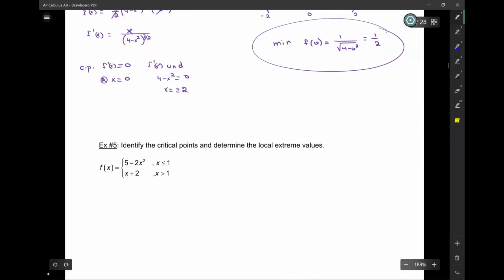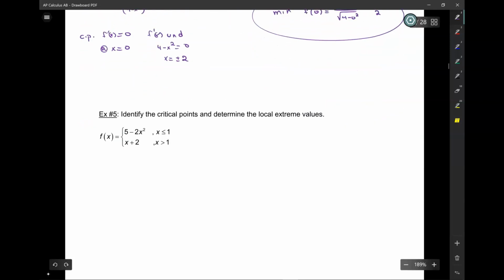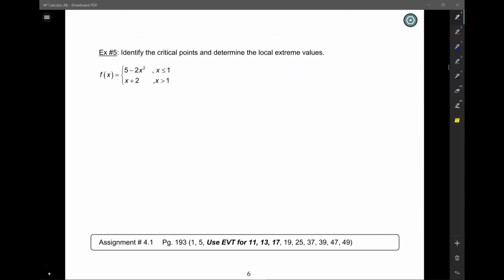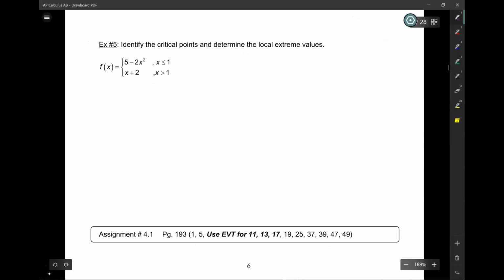How would you know if it's a minimum or a maximum? I understand you know that there's... So let's look at the critical points. Is that 1? Because that's